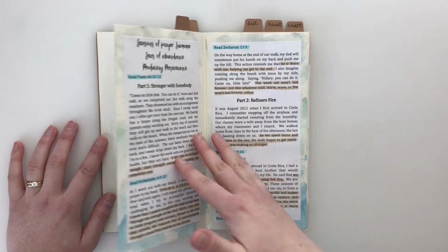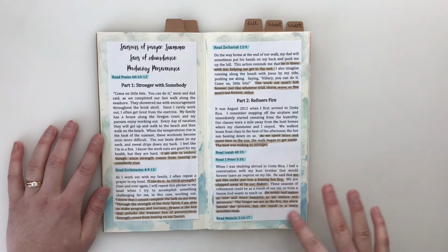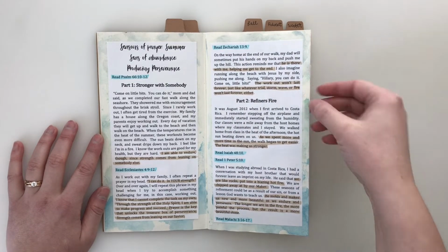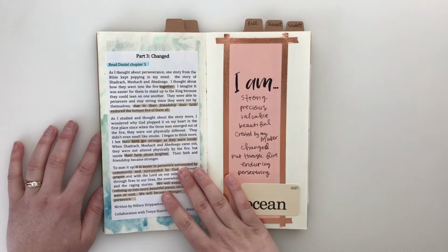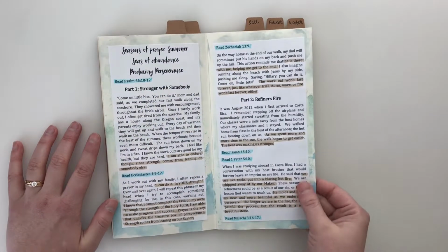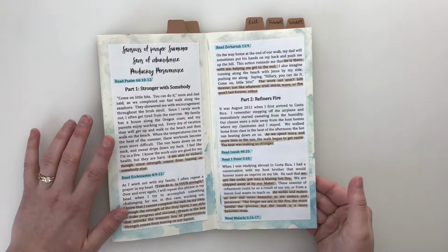So Summer, See His Abundance. Here's my devotion. I love the background. I used Distress Oxide, or no, I didn't use Distress Oxides. These are just normal inks that I had that I smooshed, and I thought it looked like the ocean in the background. And this talked about perseverance and endurance and how we're stronger with other people and what happens when we are in the